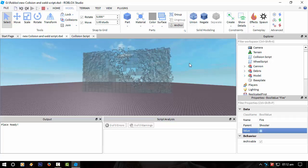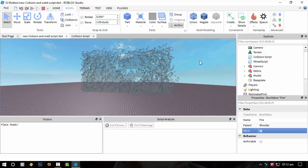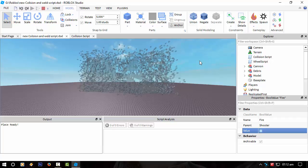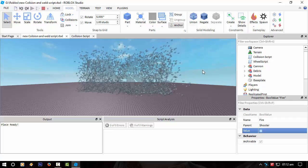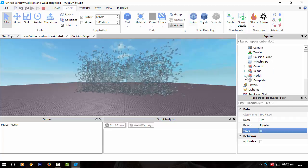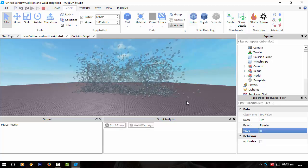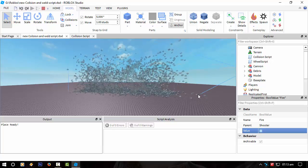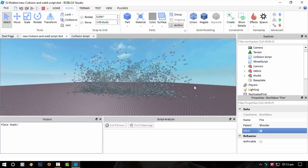The other part of the collision code I've written since then is, when you've got loads of parts like this and they're all touching the ground, it creates a massive amount of lag because Roblox is trying to calculate the physics of every single part unless it's anchored. I've been developing a way of counteracting that, where let's just say these parts are stationary on the ground and they're not going anywhere. I've made it part of the collision code to anchor those parts that are not going anywhere